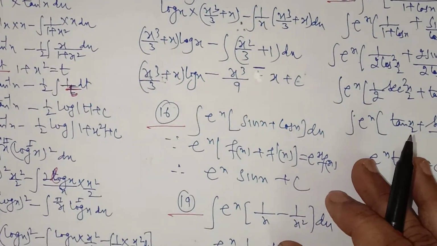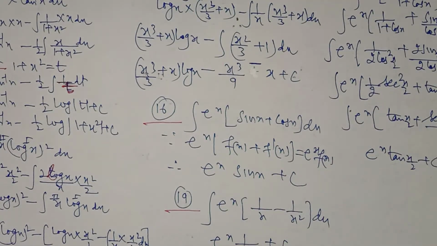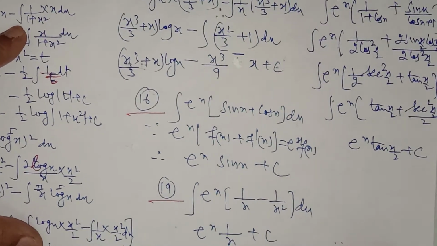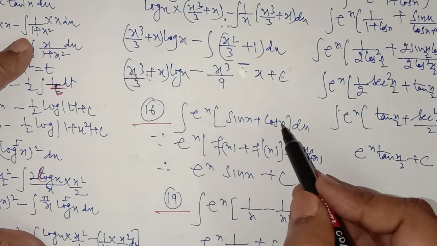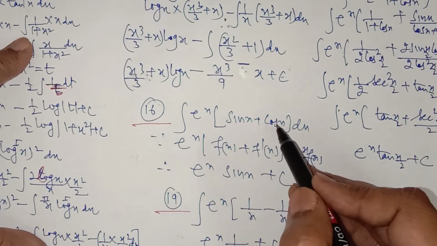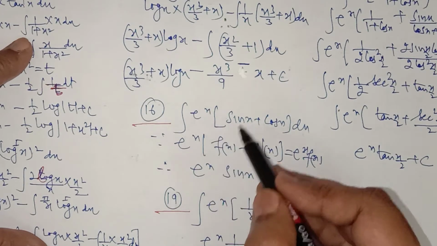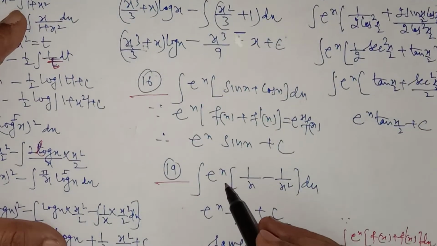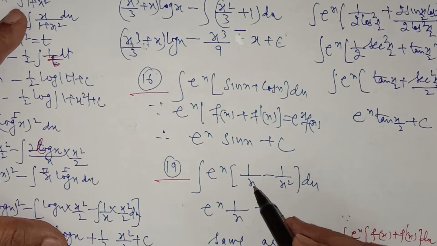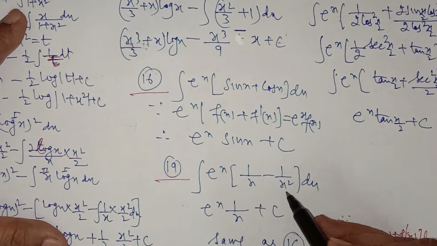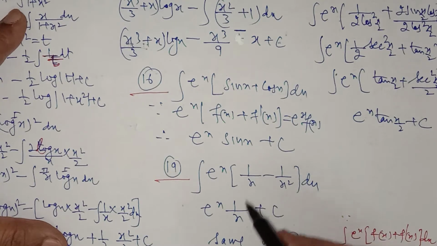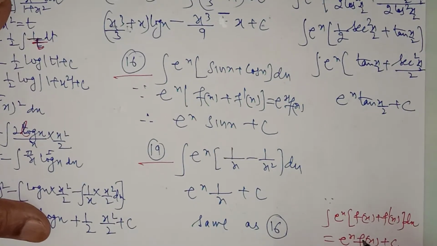Now after that, from question number 16 onwards, we have to use the property of integration by parts, which we have done. If we have e raised to power x into f(x) plus f dash x, that integral is e raised to power x into f(x) plus c. So see it very carefully, it is e raised to power x, f(x) plus f dash x, it is f(x), it is f dash x. So its integral is e raised to power x f(x), that is e raised to power x sin x. Similarly here, e raised to power x, 1 upon x minus 1 upon x square. So this is f(x), its derivative is minus 1 upon x square. So it will be e raised to power x into f(x), which is equal to 1 upon x plus c. We have used this